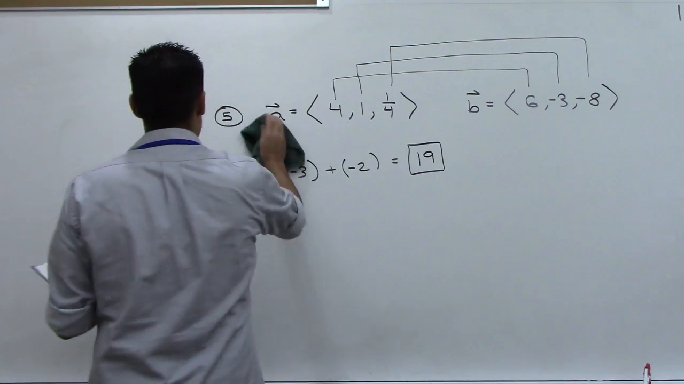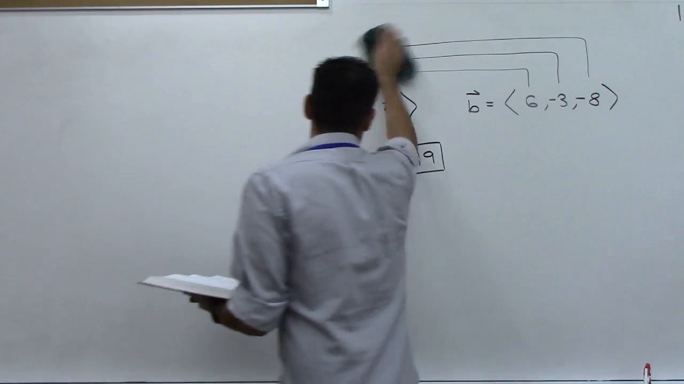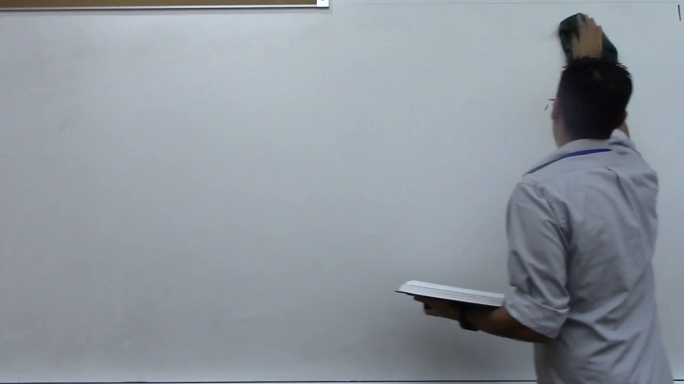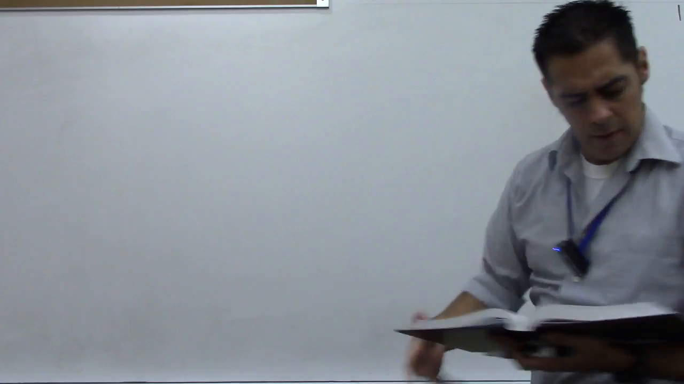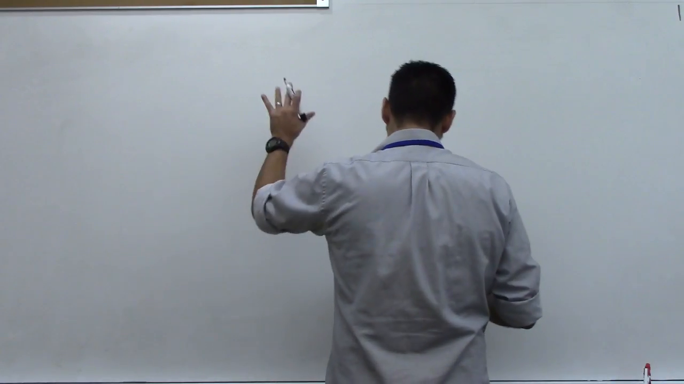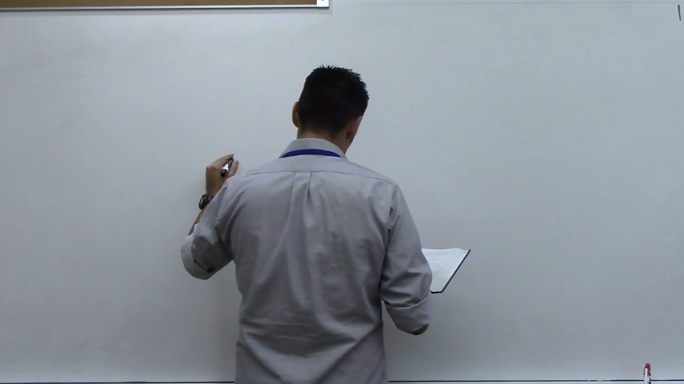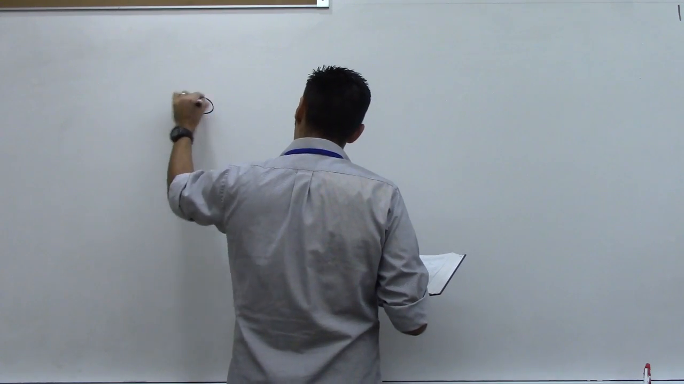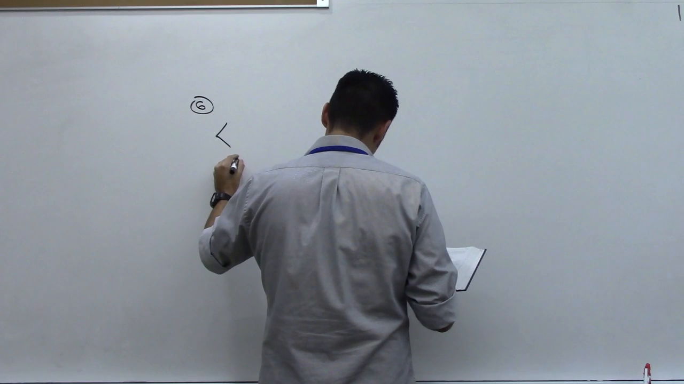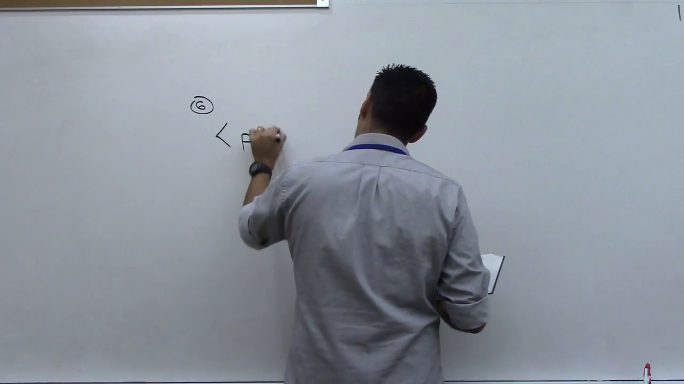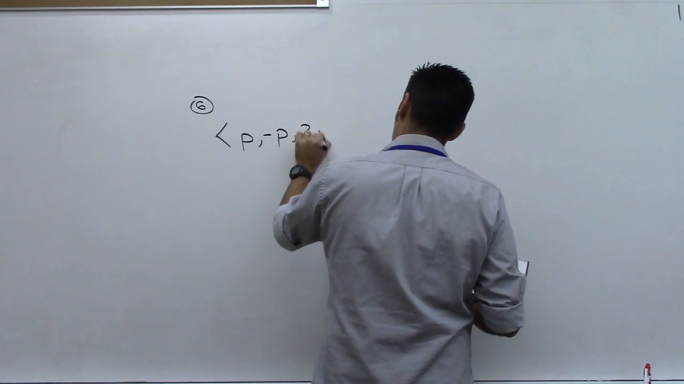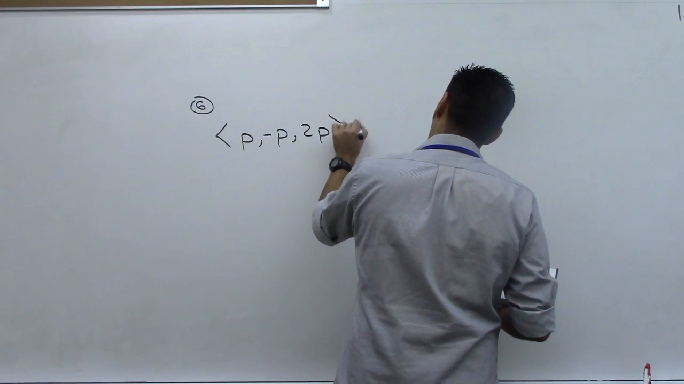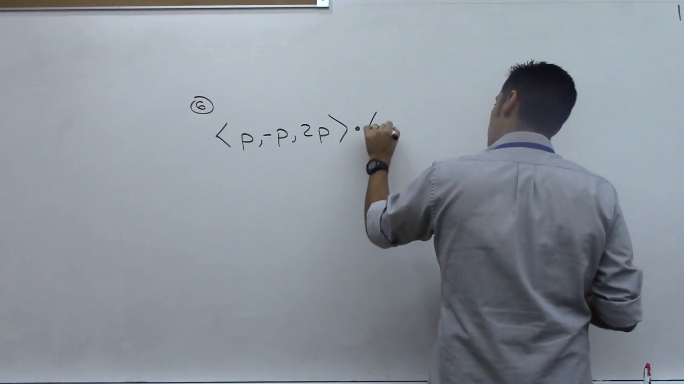Let's look at 6. I'll go a little faster with 6. I'm not going to write down everything the way they are, or rewrite A and B. I'm just going to write, we're going to be doing the dot product for number 6. We're going to be dotting the vector P, -P, 2P,